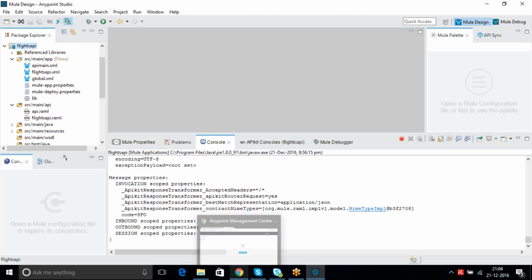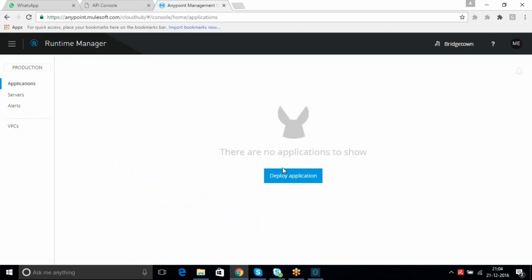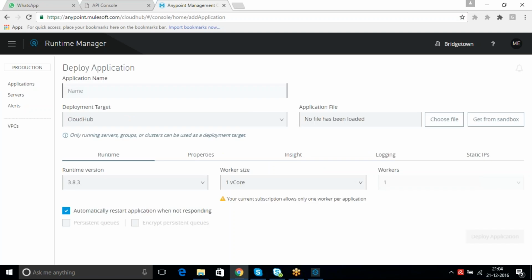Now how to deploy the same JAR on CloudHub? You can see Deploy Application. Click on Deploy Application, and you can give some name here, and there are some options. It says deploy target, where you are going to deploy. Since it is CloudHub, select CloudHub, and you can give the application file.